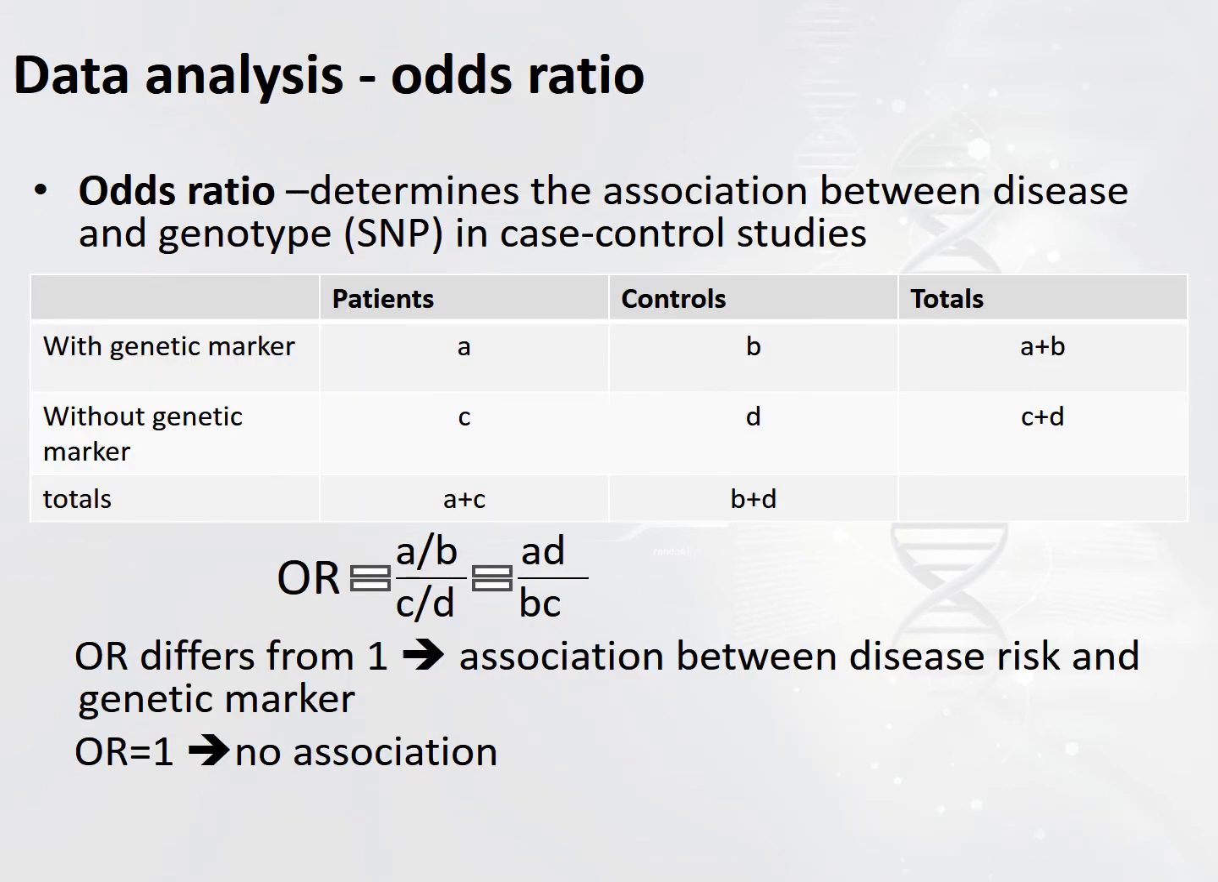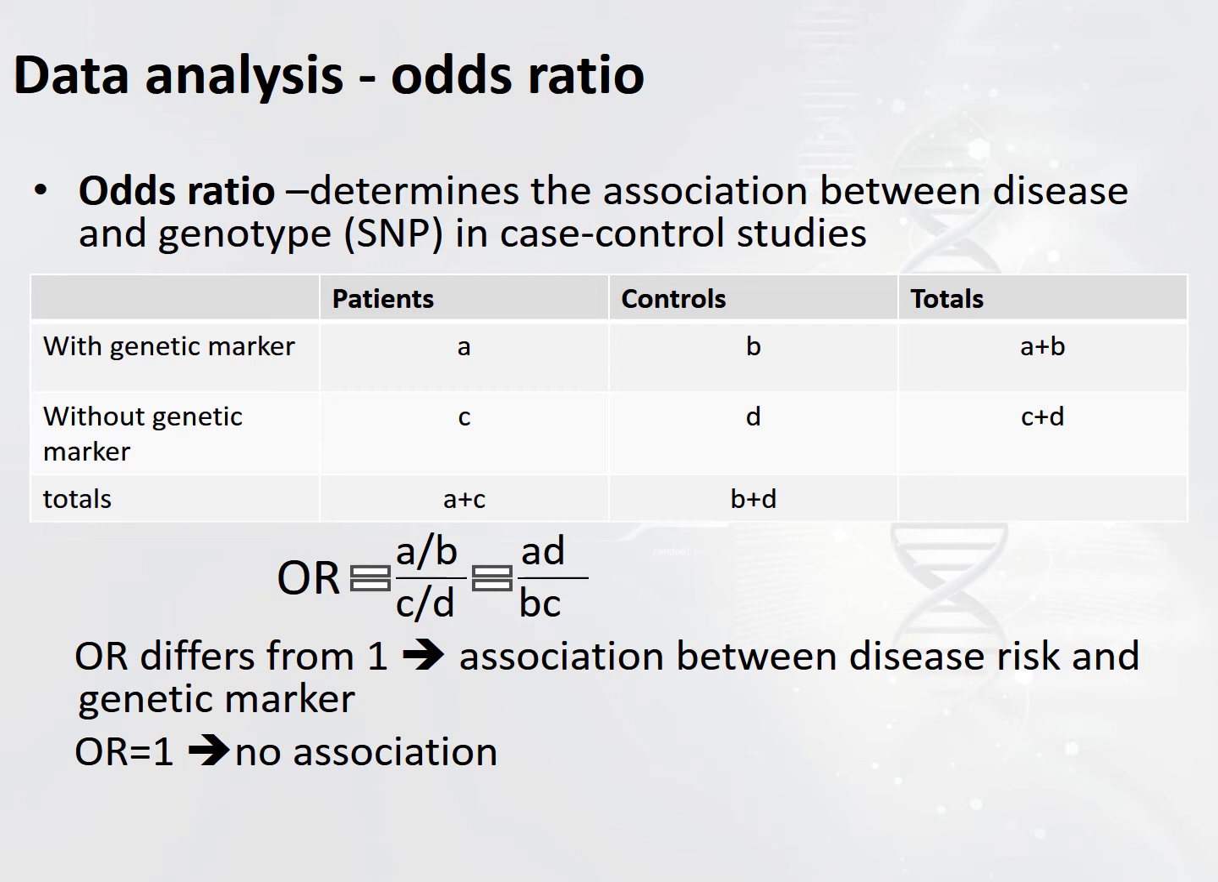So once we have ensured that we have the best quality samples and the best quality SNPs, we can move on to associate SNPs with particular disorders. So basically, we can start addressing the question of the study that we designed. And we do that by producing odds ratios, which determine the association between the disease and the genotype in case control studies. Basically, what odds ratios look at are the number of cases and the number of controls that